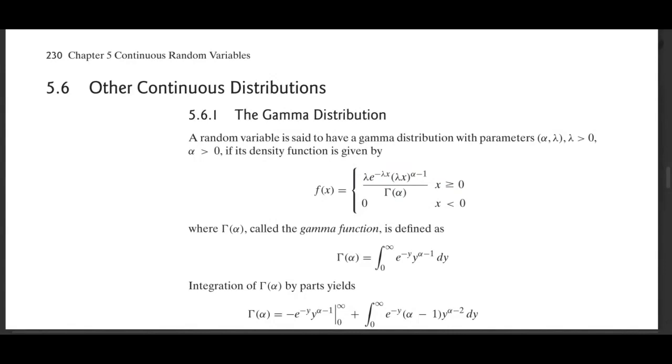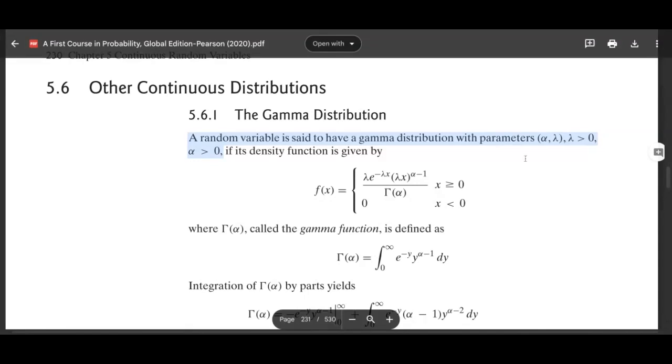But we need to understand the variables and in what kind of situations we want to apply the distribution. So let's see this one. Gamma distribution. A random variable is said to have a gamma distribution with two parameters, alpha and lambda, with lambda positive and alpha positive, if its density function is given by